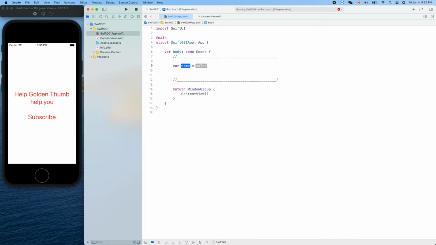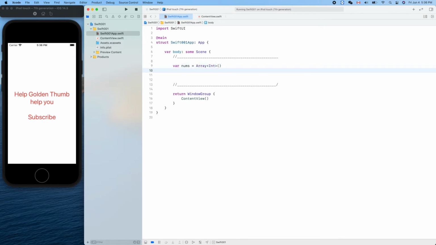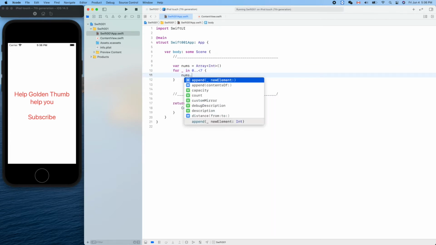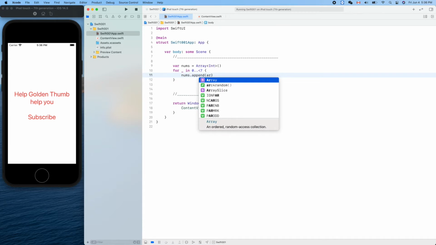Okay, array of numbers equals array of integers. This is a generic type, and for we don't need that. And a range 0...7 in random integers. Okay, append, this one will be ARC